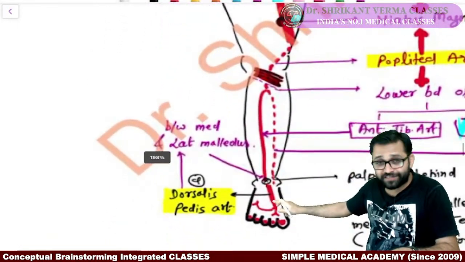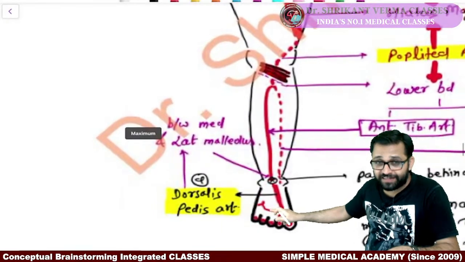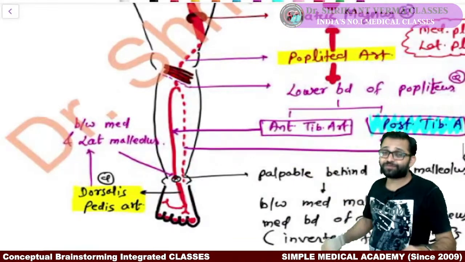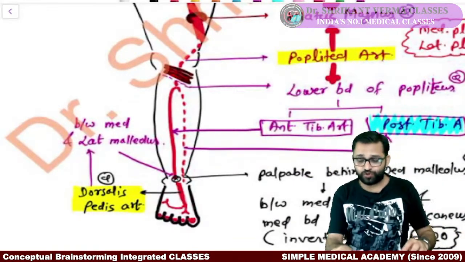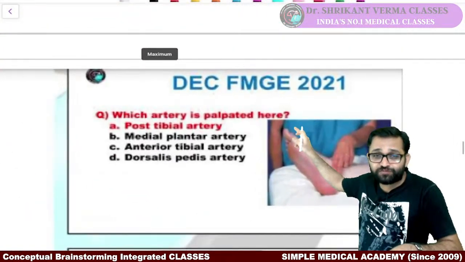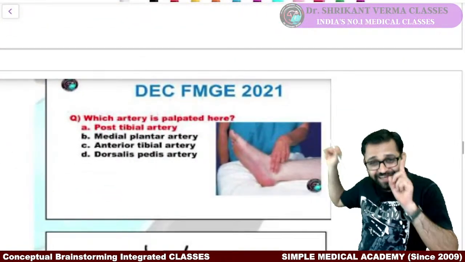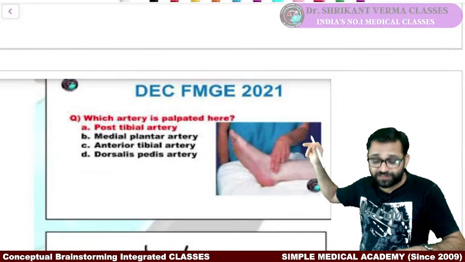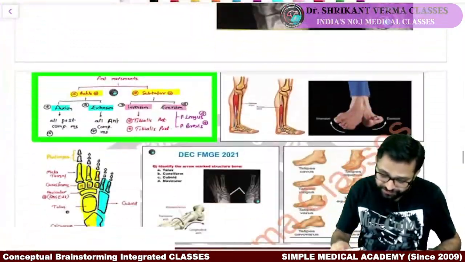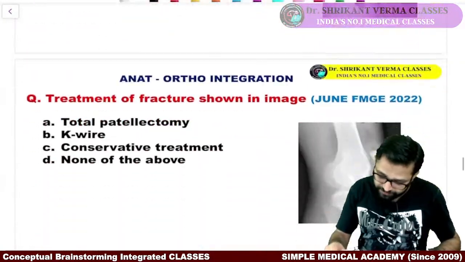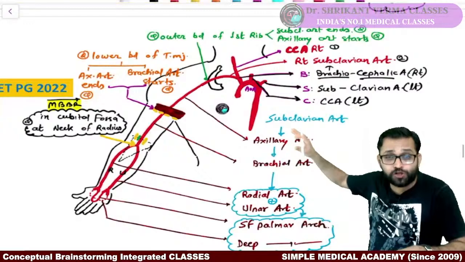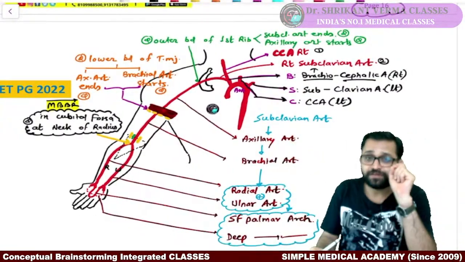The anterior tibial artery makes the dorsalis pedis artery, and then it makes the arcuate artery. The posterior tibial artery is palpable behind our medial malleolus. Many times I have told you. Okay, and we had seen this was the question pattern from FMG 2021. Again, I told you that question was asked in your FMG 2020. Yes, we also discussed the arterial supply of the upper limb. Remember,